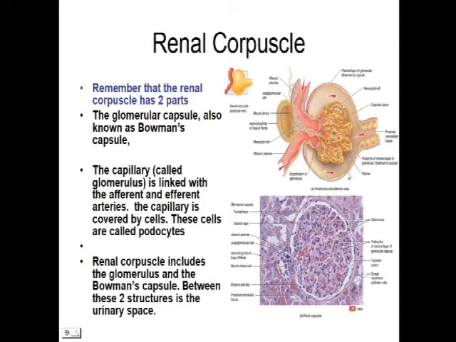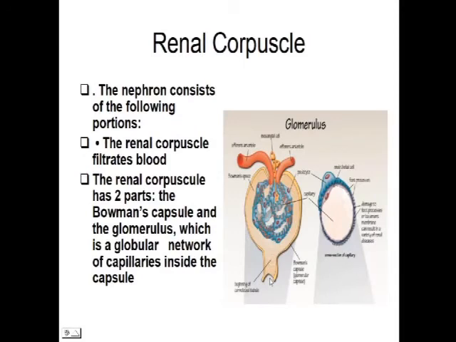You can see the simple squamous epithelium in the parietal layer of the Bowman's capsule, and then it continues with this simple cuboidal epithelium of the proximal convoluted tubule. The capsule, also called glomerular capsule, is in the form of a double-walled cup having an outer or parietal layer. This is the parietal layer, this is the parietal layer, and this is the visceral layer of the Bowman's capsule. And between these two layers there is a space which is called the urinary space. This is the urinary space or Bowman's space.